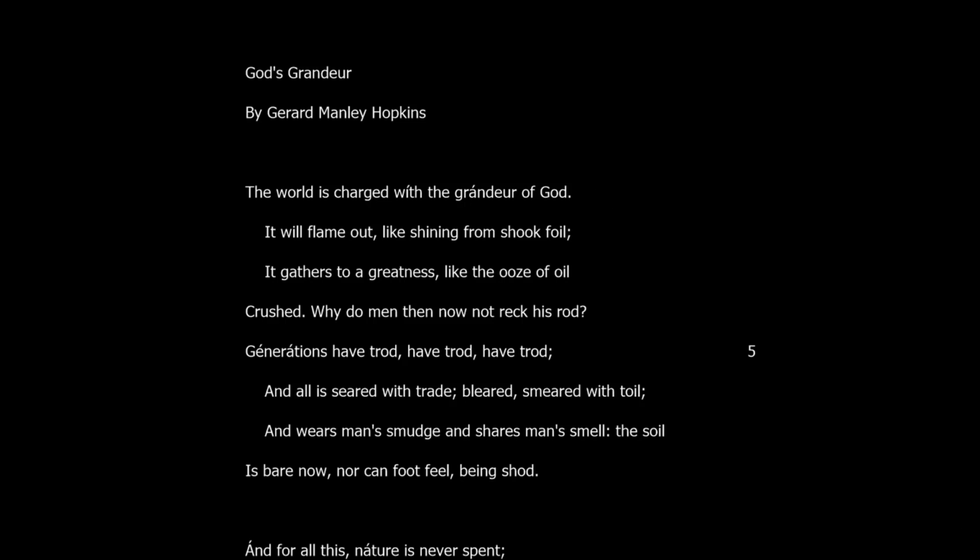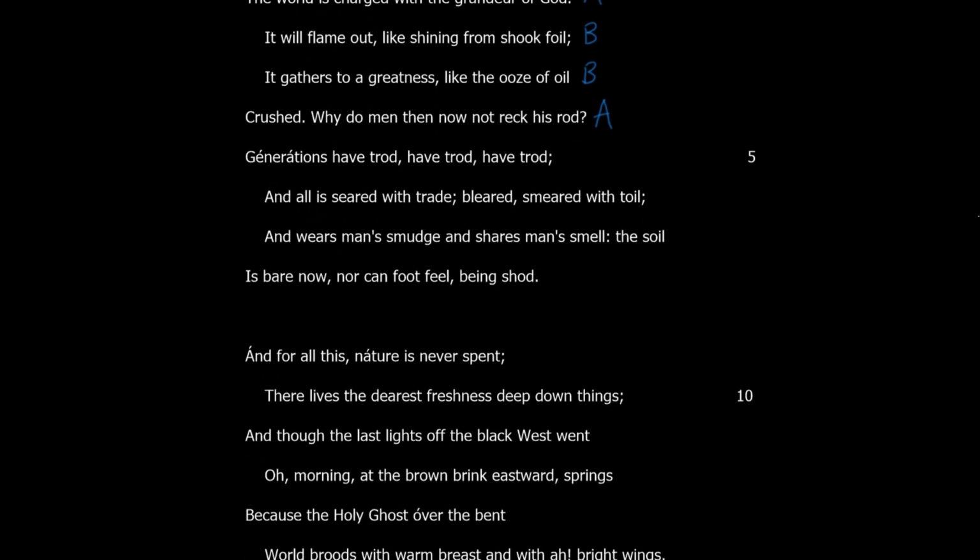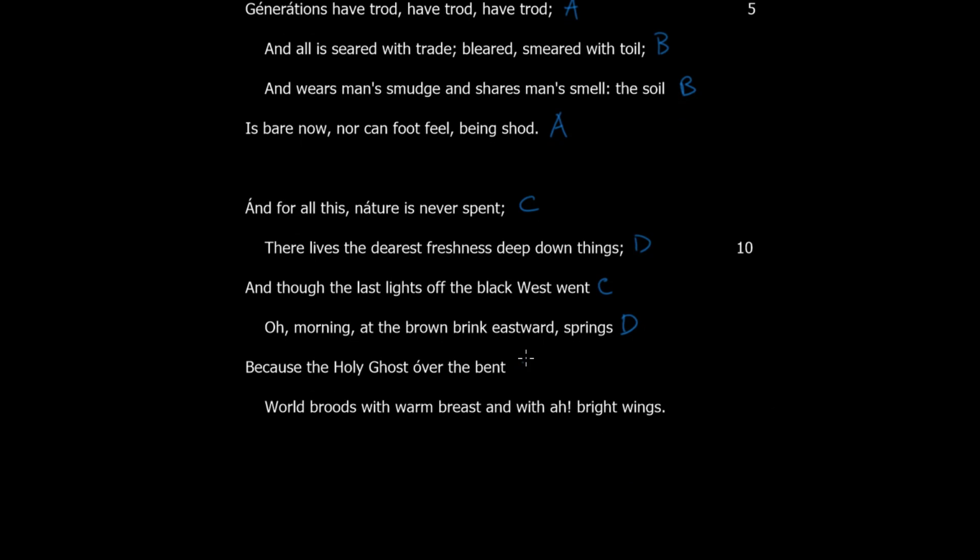As you go through it, a lot of sounds are repeated. So as you can see, God here rhymes with rod, right? And then foil and oil rhyme with each other. And this gets repeated quite a bit. So we have trod here again, rod and trod, and then toil, soil, shod, and then we start to get some different rhymes towards the end. So we have spent, things, went, springs,